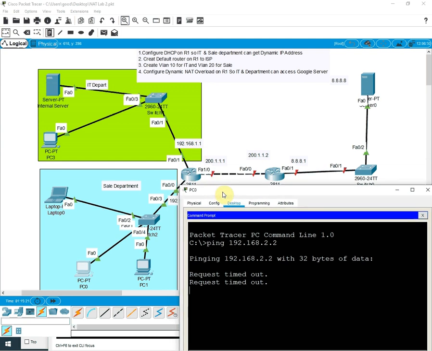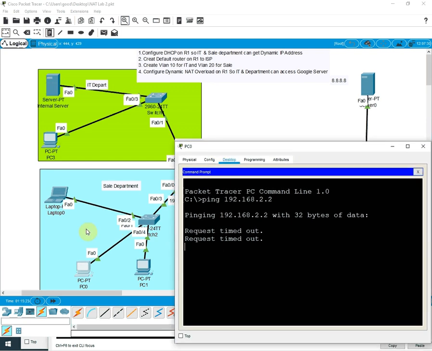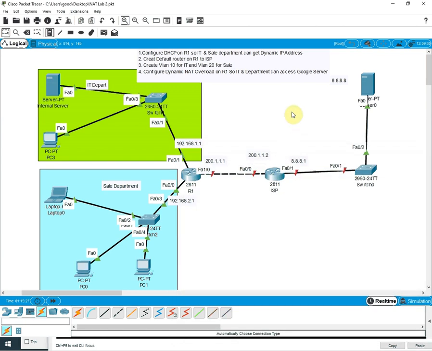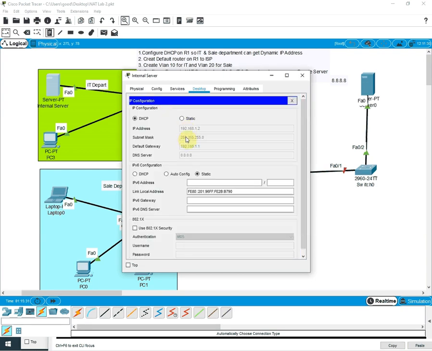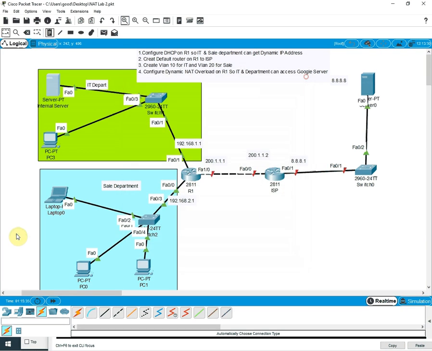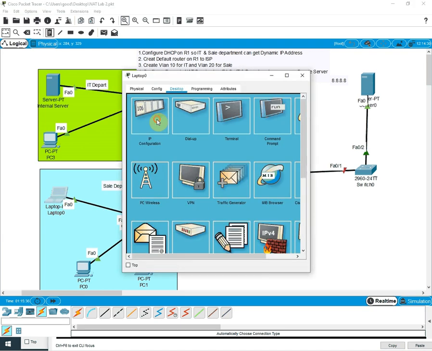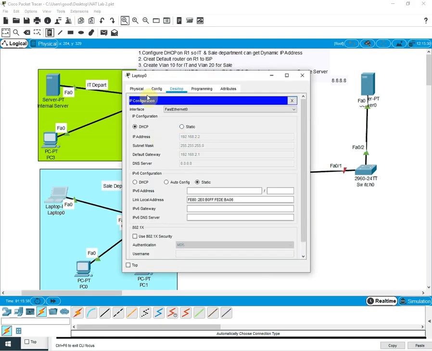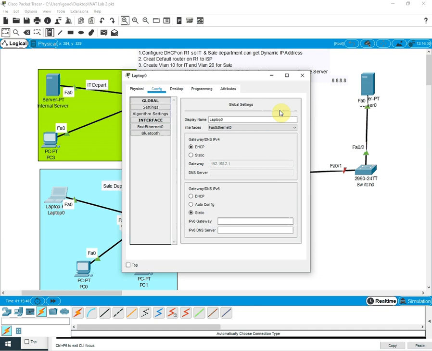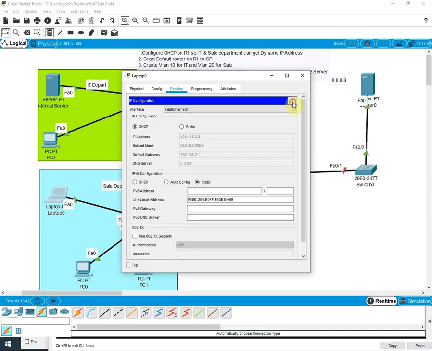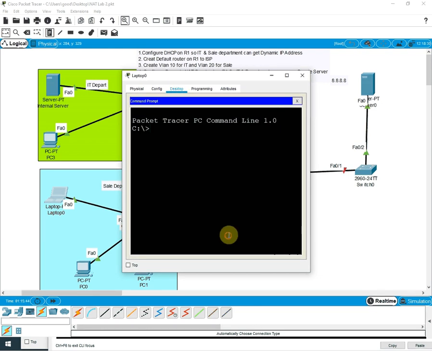We are pinging our PC only, the same PC we are pinging. I think we don't have the IP address also. Let me check what is the IP here. This is 192.168.1.2, and let's see what is the IP address of this one. Okay, so we need to ping 1.2 here.